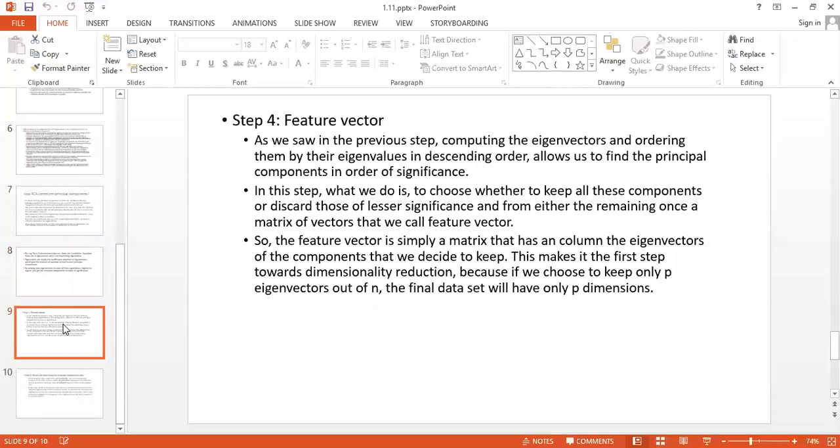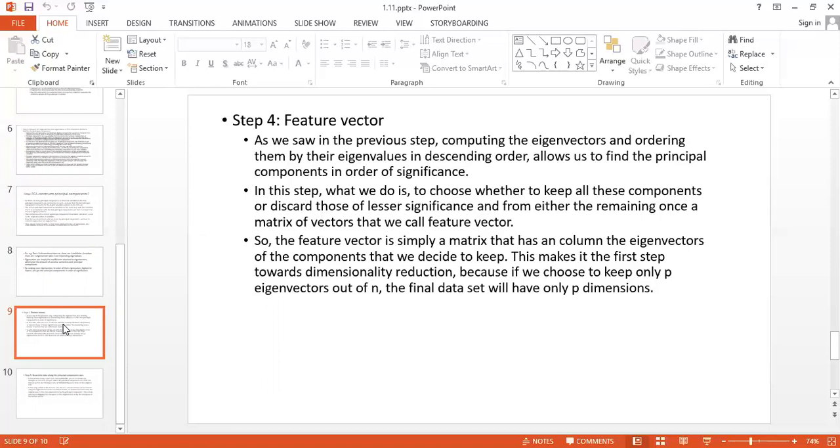Now the fourth step is the feature vector. We have calculated the eigenvalues, and on the basis of the eigenvalues we have calculated the eigenvectors also. Now we have to form a feature vector. As we saw in the previous step, computing the eigenvectors and ordering them by their eigenvalues in descending order allows us to find principal components in order of significance.